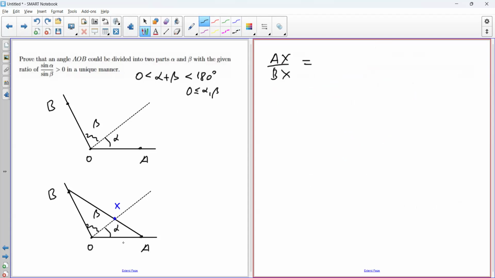AX over BX would be exactly expressed through the sides, like lateral sides, and the pieces of the angle which was shared into two, or which was cut into two pieces. So it would be AO times sine alpha over BO times sine beta, which is technically just some constant ratio